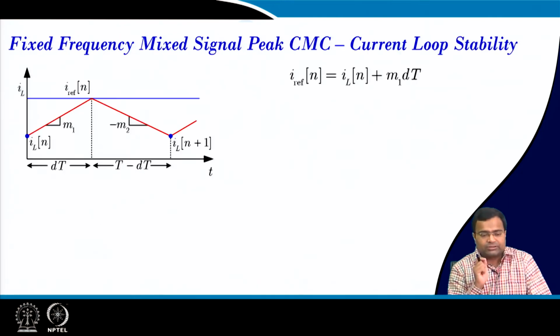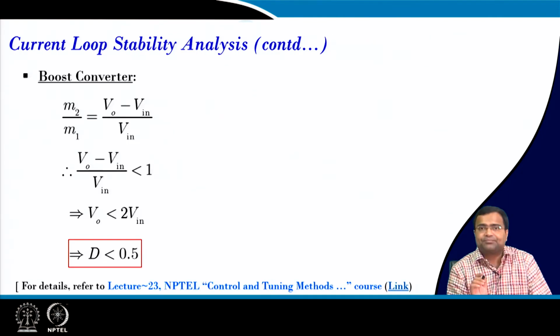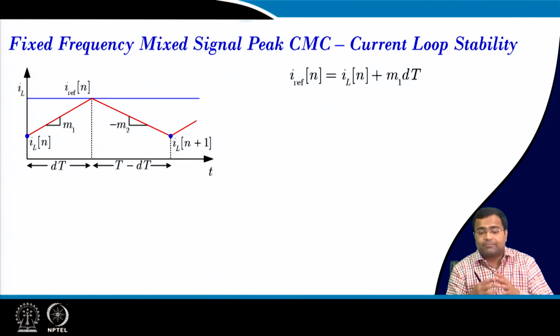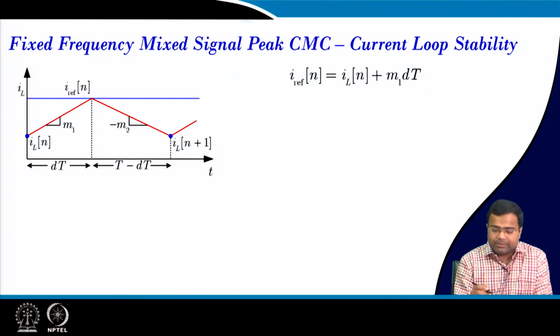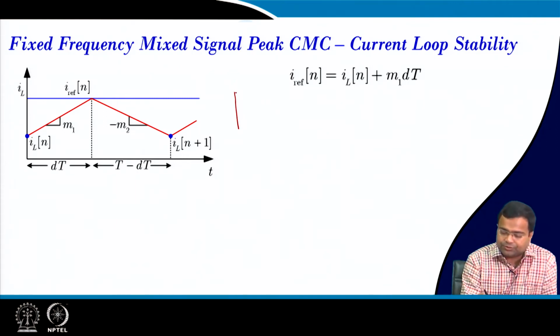Now, we want to say these things are already discussed here, but now we want to move forward, because I was giving some conceptual understanding of current loop. What will happen for mixed signal current mode control? Remember, in mixed signal current mode control, your reference current